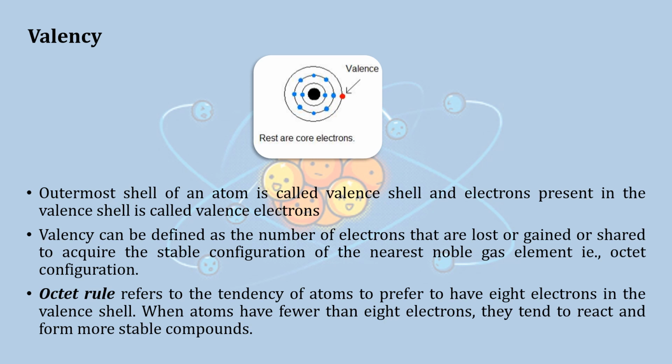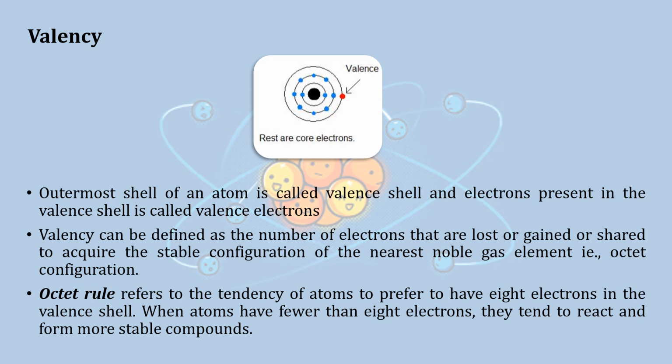Now let's learn about valency. This is structure of an atom. The central part is nucleus with protons and neutrons, and the negatively charged electrons orbit around the nucleus in different shells. Now the last shell of an atom is known as its valence shell or ultimate shell. The shell just before the ultimate shell is termed as penultimate shell. The shell before the penultimate shell is termed as anti-penultimate shell.